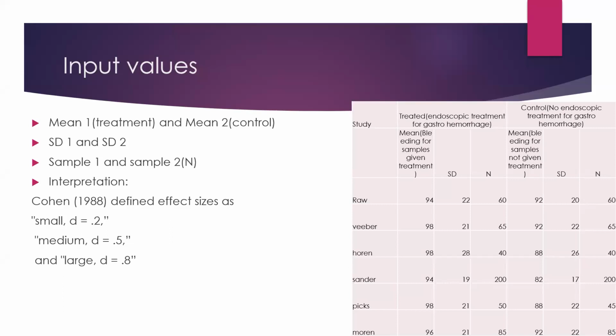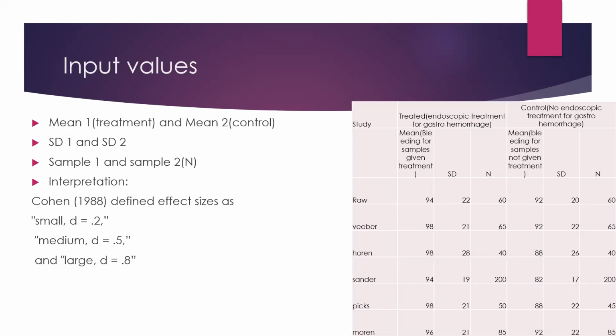The standard deviation in this case for the treated group came out to be 22. The standard deviation in case of the control group came out to be 20. Now, this is my data for one paper. One row is only one paper. I have to collect it for, say, at least 8 values to calculate an effect size, and at least 10 values if I want to go into advanced moderator analysis and meta regression.